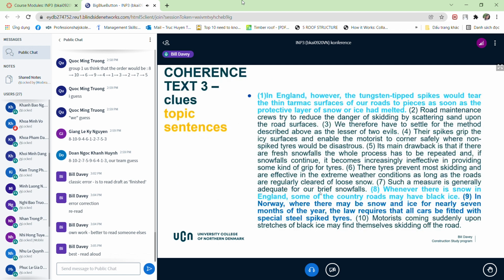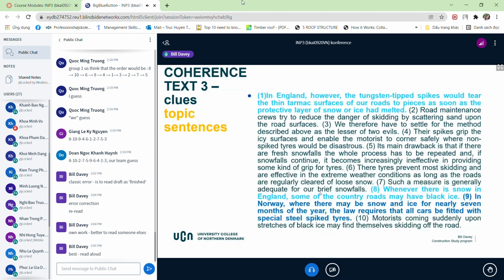In England, the tungsten spikes would tear the thin tarmac. We've got that sentence. Then we've got whenever there is snow in England. And then we've got another one which is in a different color of blue. In Norway, where there may be snow and ice. So we've got 3